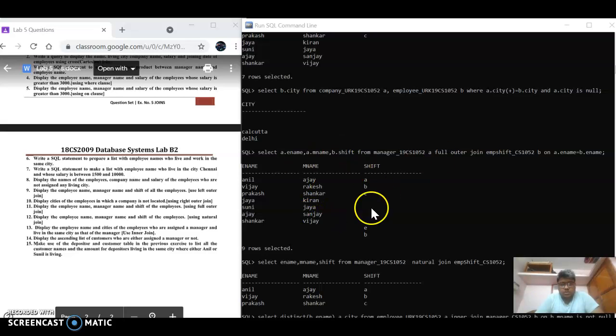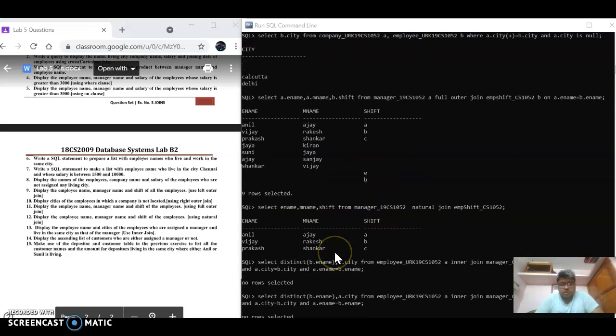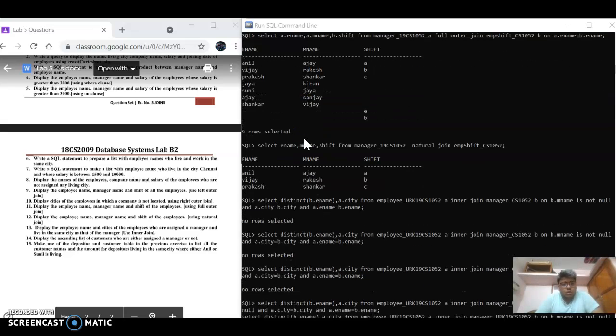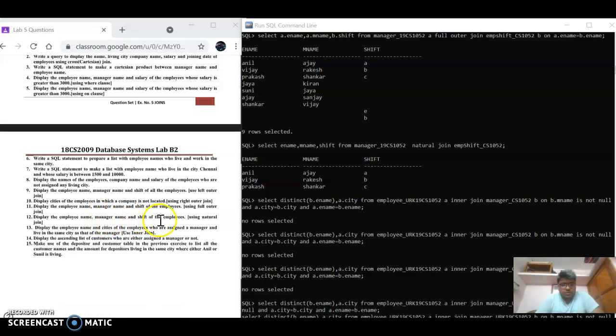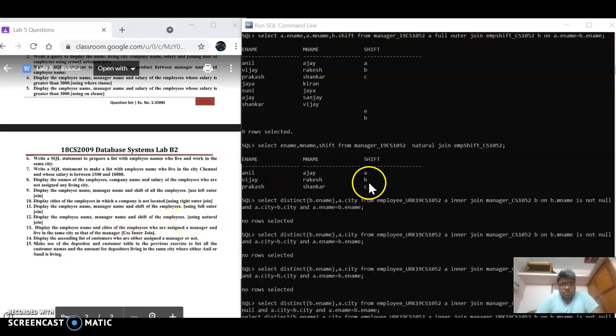So this is the table and 9 rows are selected here. And coming to the 12th question: display employee name, manager name, and shift of the employees using natural join. So this is a natural join, to join employee name and manager name and employee shift table. So this is that one.